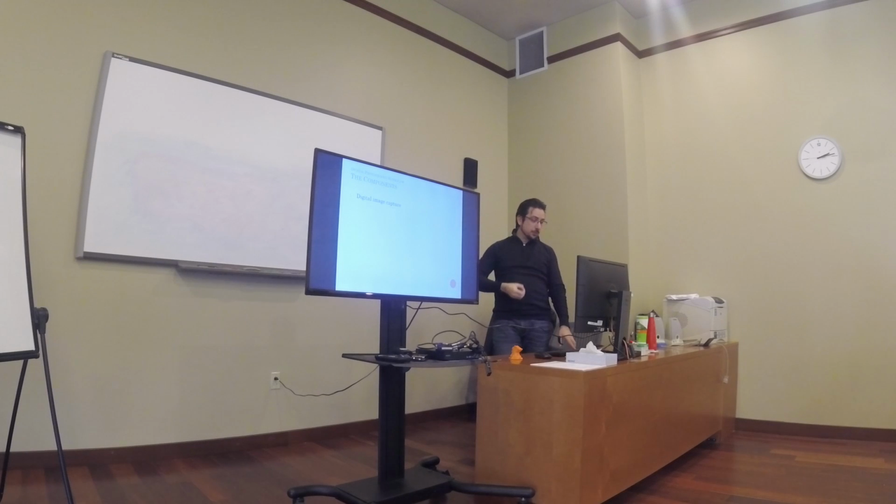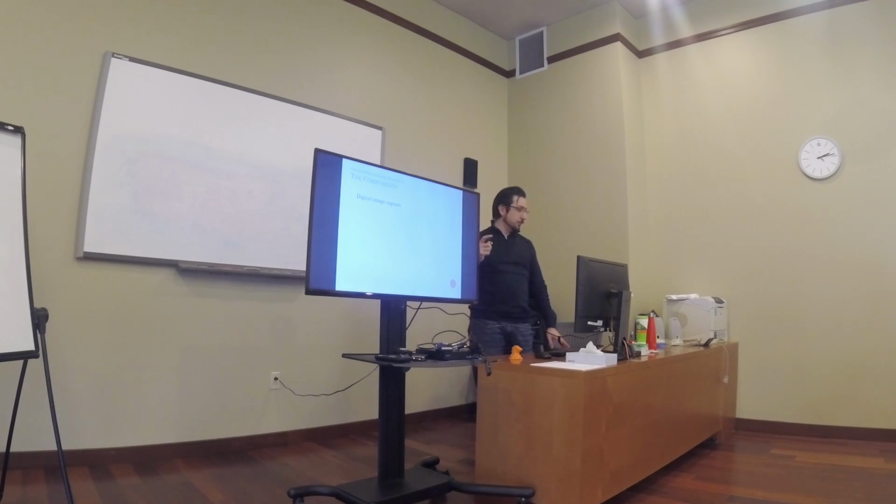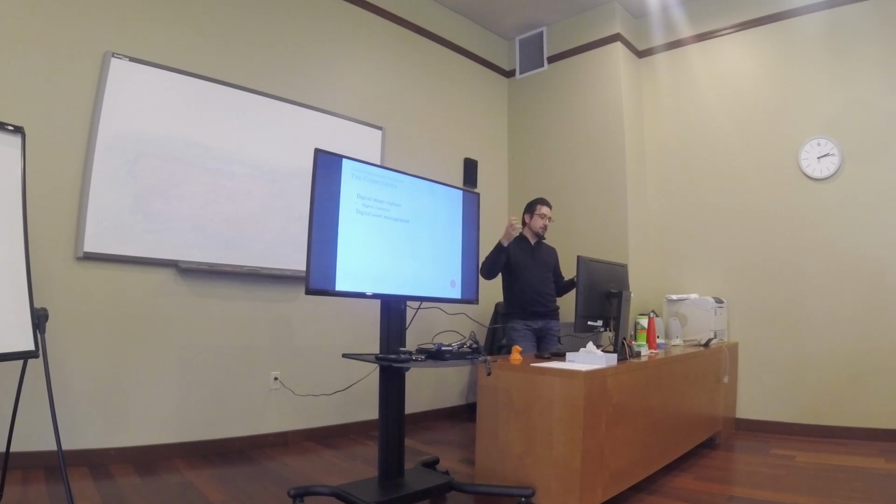So the first step is obviously the capture of a digital image, because if you don't have a digital image, you cannot do digital processing on it, right? So the capture of the digital image is the very first step. And usually we do it today with digital cameras, we could do it with scanners, but that's the very first step. The second step in a proper photography workflow is the asset management, the digital